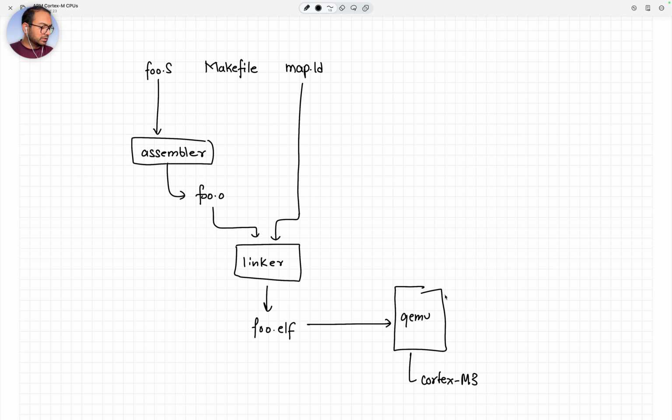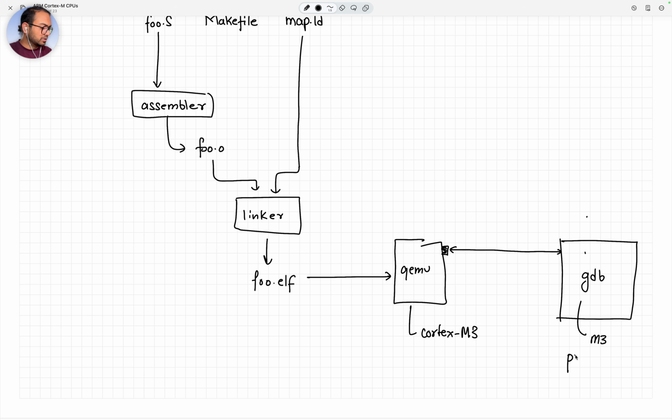And then this exposes a socket to which we connect GDB, and using GDB we look inside the M3 processor at a programmer's